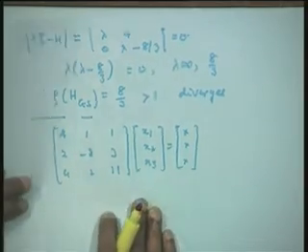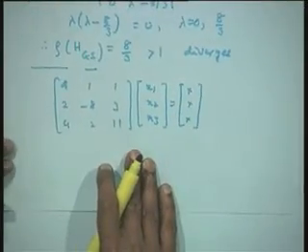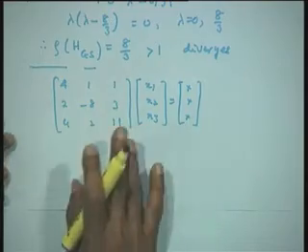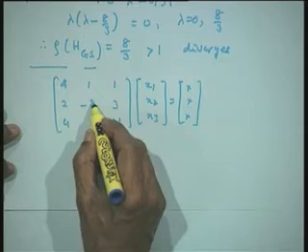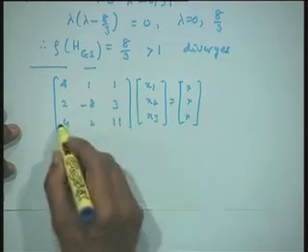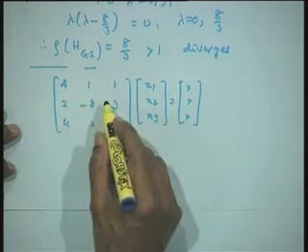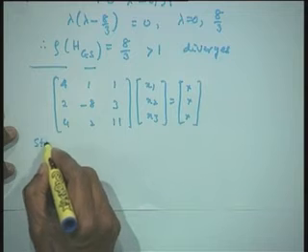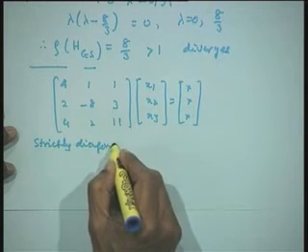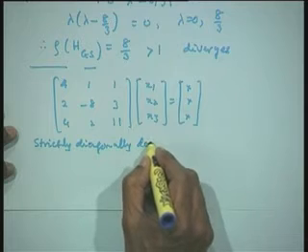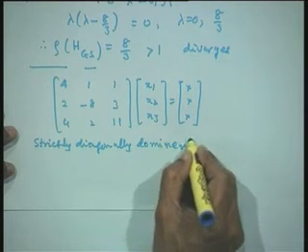I can state that this system will converge for any method, Gauss Seidel, successive relaxation, or of course, if it is symmetric, other than Gauss Seidel, all of them will converge because 4 is greater than 2, magnitude of -8, 8 is greater than 5, 11 is greater than 6. Therefore, this is a strictly diagonally dominant system.